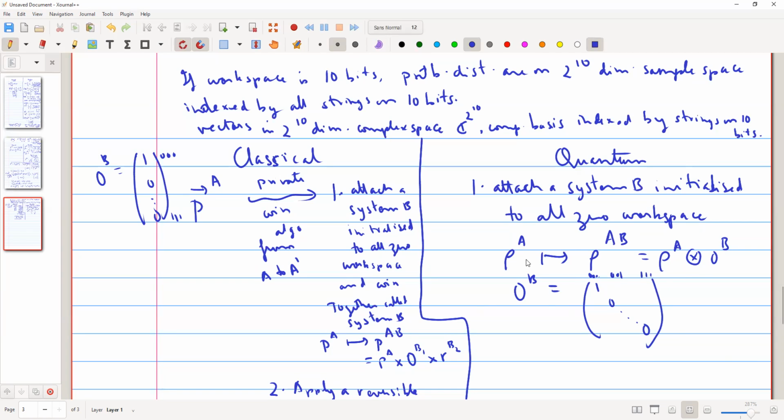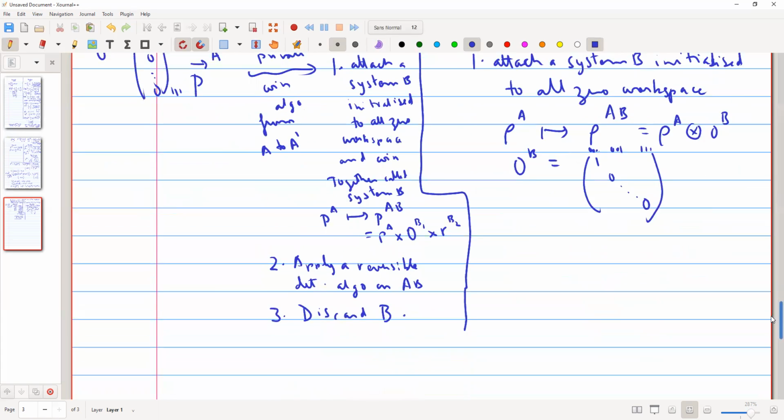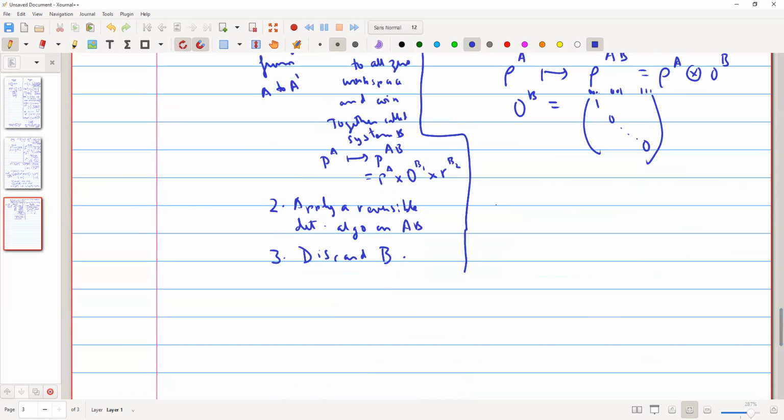So the first step is to attach the system B. So the overall density matrix changes from rho A to rho A tensor 0b. Is this step clear? Good. Now comes the next. So remember, the prescription here is to apply a reversible deterministic algorithm on AB. So what I do in the quantum setting is apply